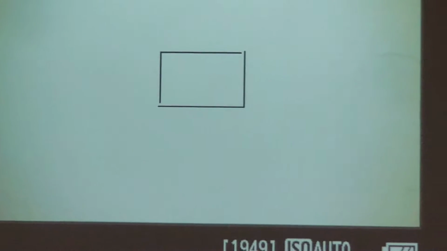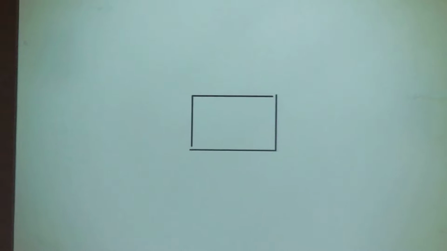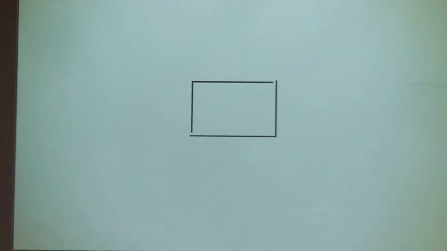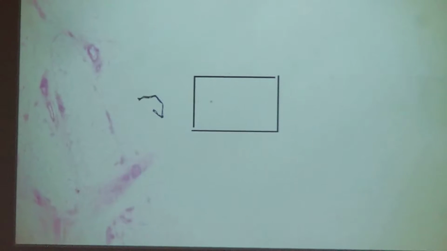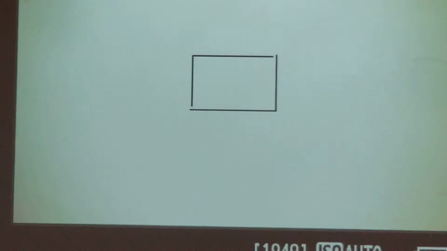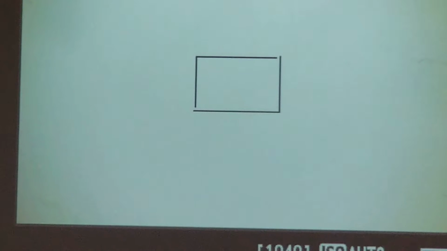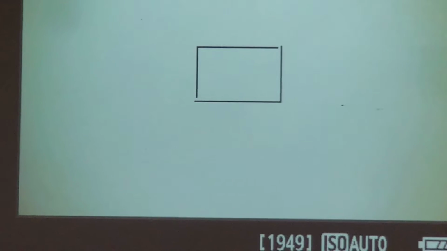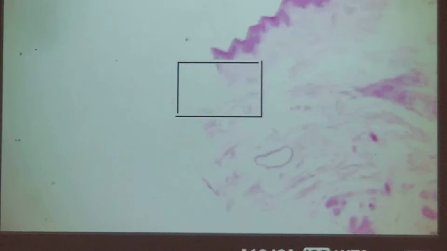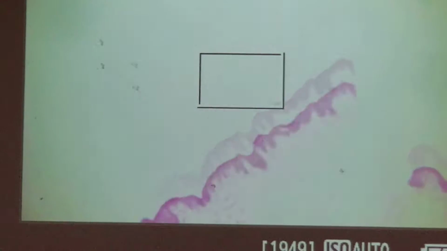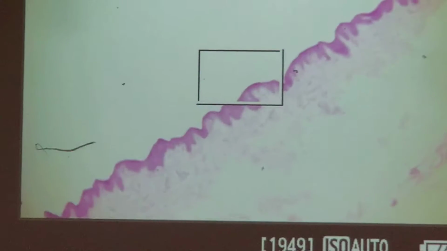Next slide, dense irregular connective tissue, slide 15. It says thick skin. So remember, we find dense irregular connective tissue in the dermis, just underneath the epidermis. Now, I would recommend you turn your slide upside down so you see the epidermis on top. It'll make it easier for you. If you do it kind of like this and position it so that up on the top here,